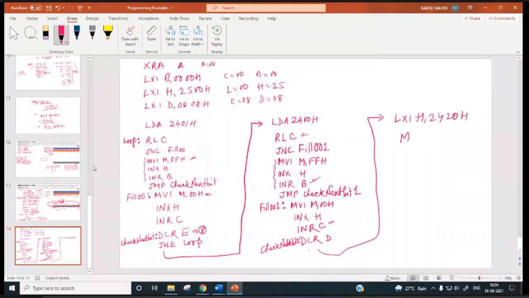Move M, comma, number of ones. In which register? In the B register. Right. INX H. Move M, comma, C, number of zeros. Then halt. This will be our program.